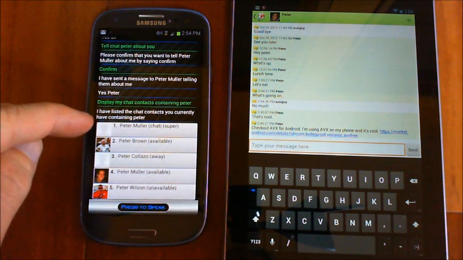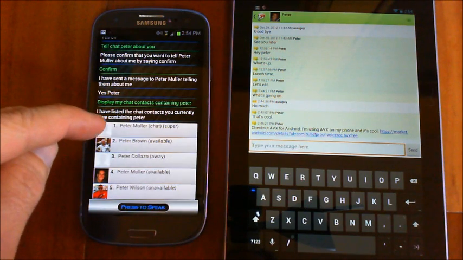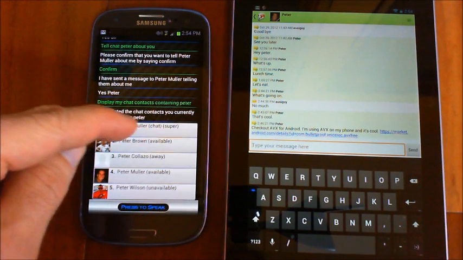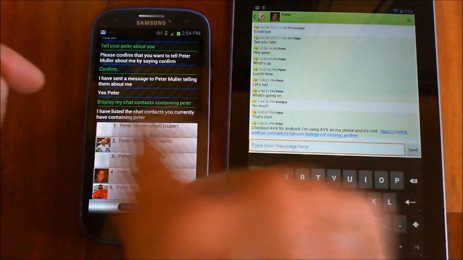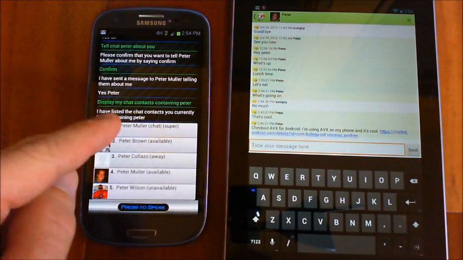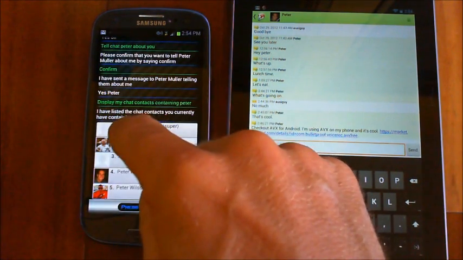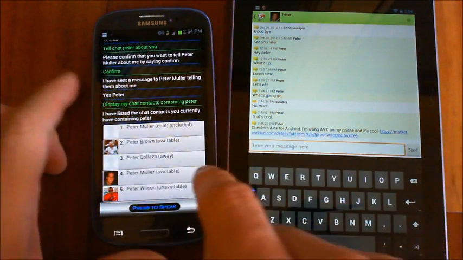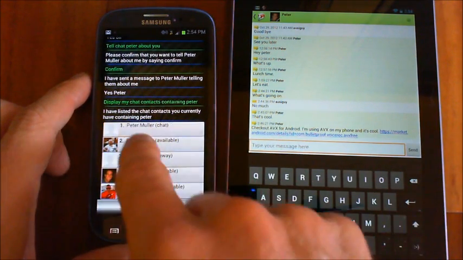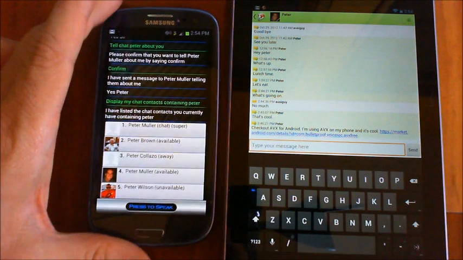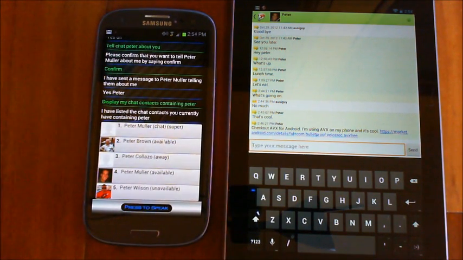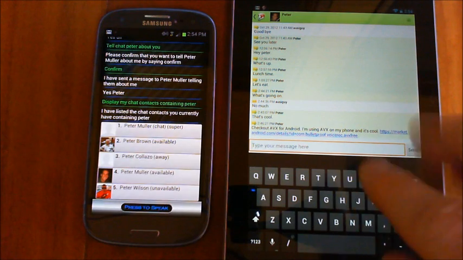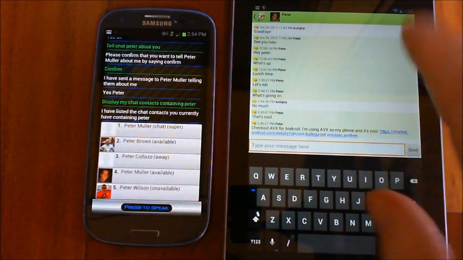Okay, so that first one there with no picture on it, because I haven't figured out how to put a picture on my Jabber account yet, that is my Jabber account, and it says chat, meaning it's available for chat, and I've swiped right on it to make it go super. And as I was showing you in the previous video, you just swipe and you see it changes to priority, included, nothing, and super again. Okay, so in order for you to be able to remotely control this phone from here,